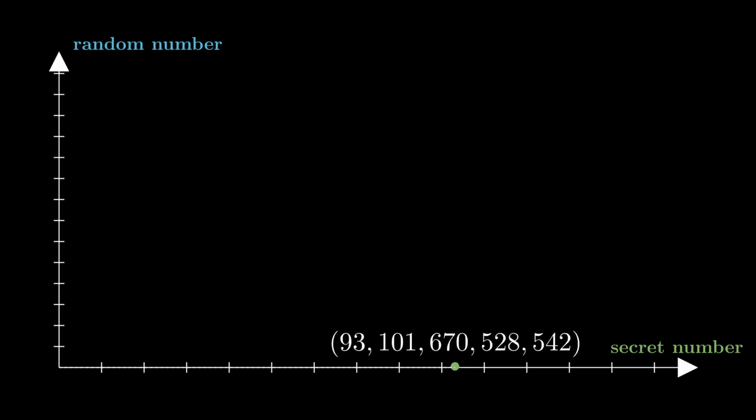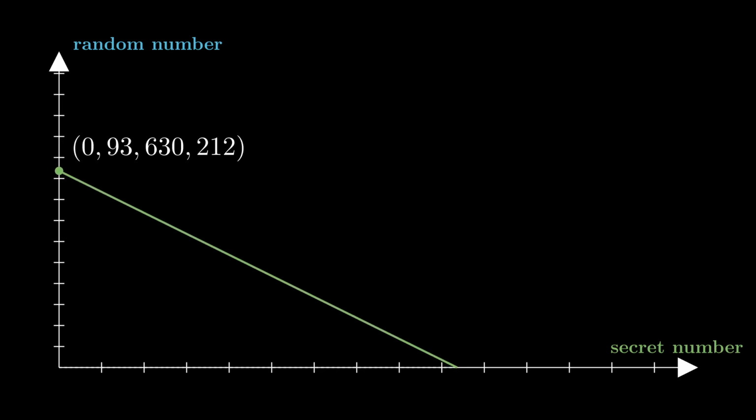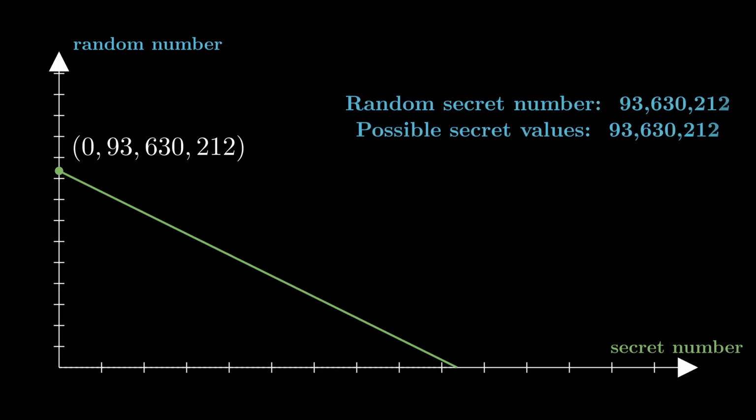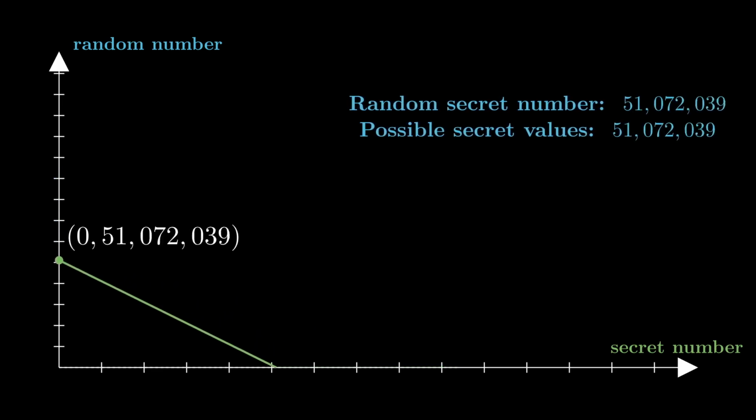If we plot all such points on this graph and join them, we will see that it is a line. Each point on this line represents a possible combination of values that you need to try to find the secret. If you count the number of points on this line, it's equal to the random secret number itself. So, the smaller the random secret is, the fewer combinations you will have to try. We can easily see that it will be easier to brute force the secret number if we use regular arithmetic